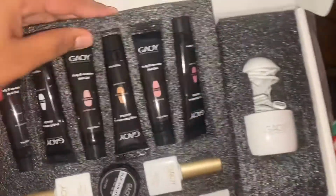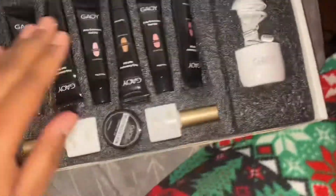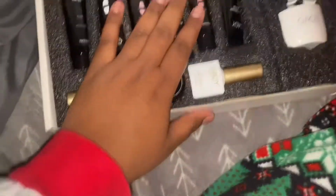Okay, and I am going to be doing my nails an ombre type with one of these. I probably would do white and nude ombre color, and I will film that to show you guys for a